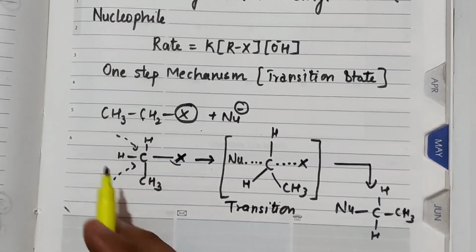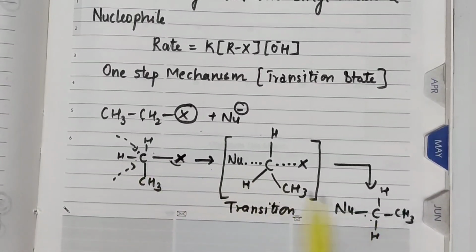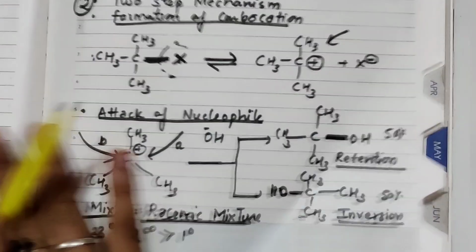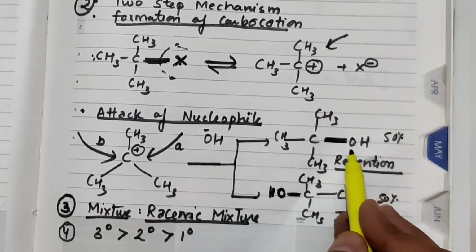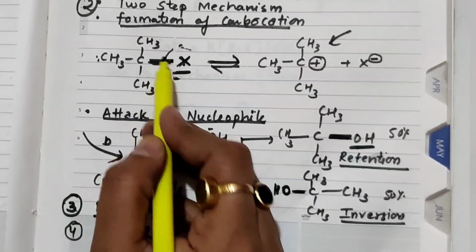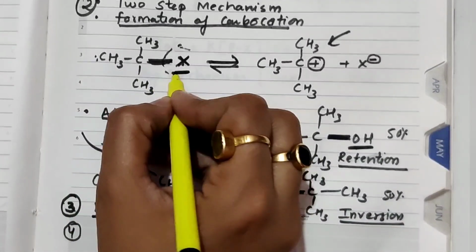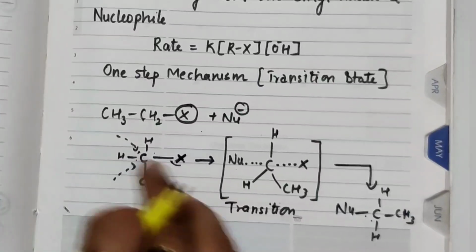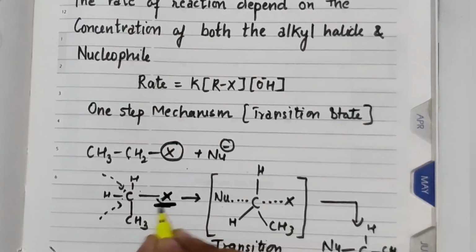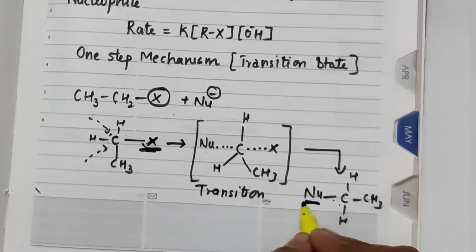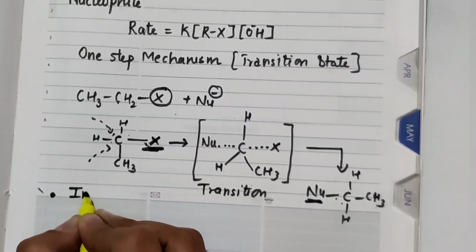Now what is the difference in this case? It is entirely inversion that takes place. For example, जैसे अभी हमने ये दो केस किए थे, यहाँ पे हमें रिटेंशन भी मिला था एंड इन्वर्जन भी. Retention because OH is on the same side as that of the reactant, and when does inversion take place? When it is just opposite to that of the reactant. So if we discuss the case of SN2, the reactant here is in this direction, whereas in the product it is in the reverse direction. So we can say here inversion takes place.